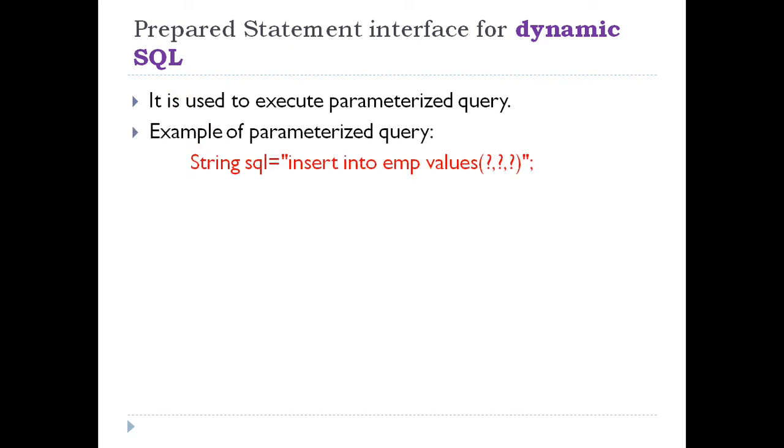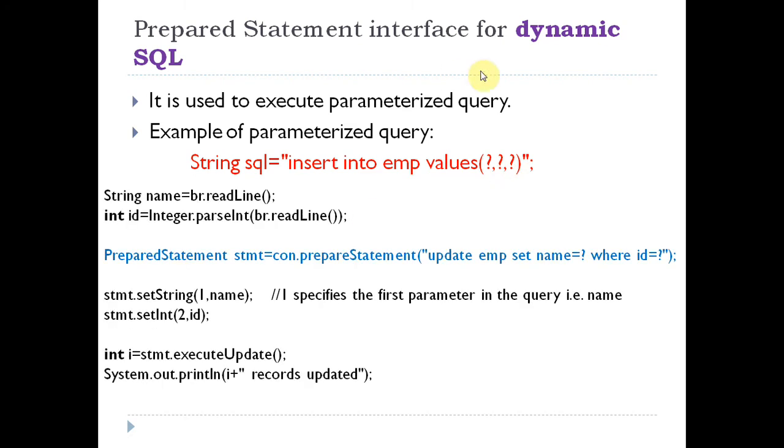Now we can move on to dynamic query. So the prepared statement interface is used for creating dynamic queries. Okay, and it is also used to execute parameterized queries. So what is a parameterized query? We have a query with a list of parameters, and the parameter values are not specified. The syntax of this parameter list is like this: a question mark, and this question mark represents a parameter. So however many question marks there are, we can enter that many parameters to the query.